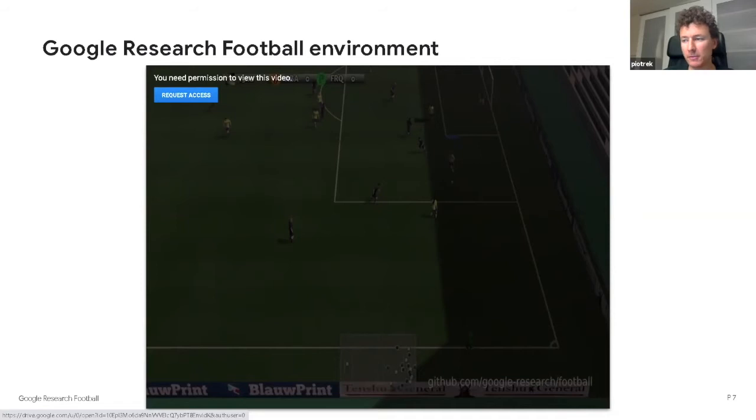Basically, GRF was open sourced last year, and it's similar to FIFA. If you played that game, the agent learns initially to move and dribble and pass, and over time, as it progresses in the training process, it can finally score some goals. But before that happens, of course, it loses the goals, and the first thing that it can learn is basically how to prevent goals